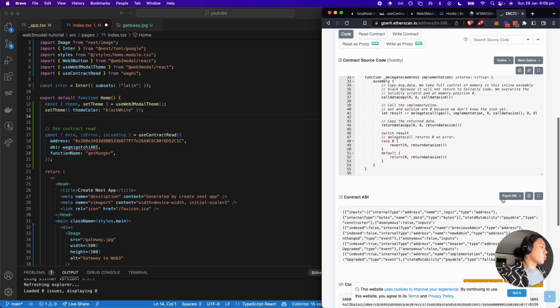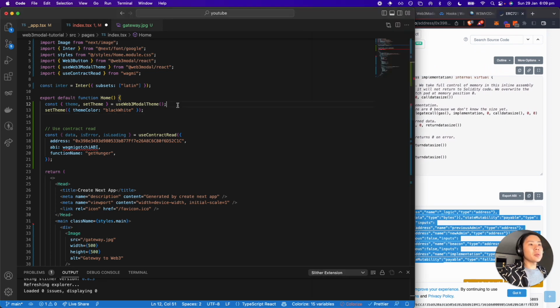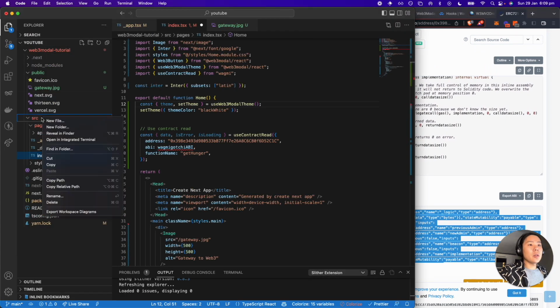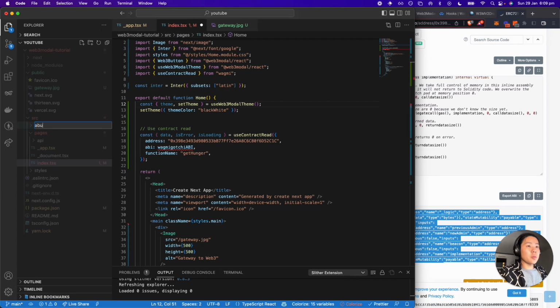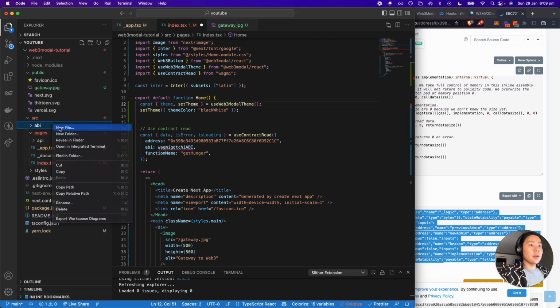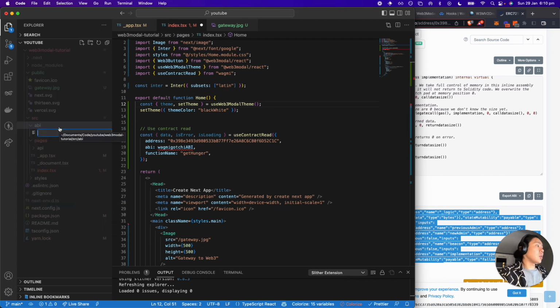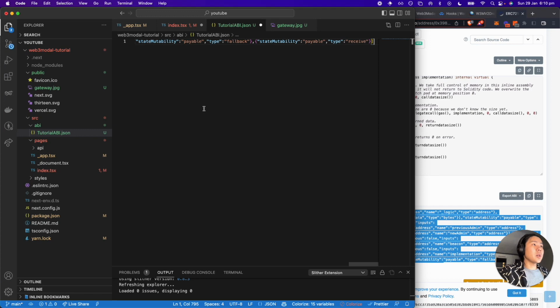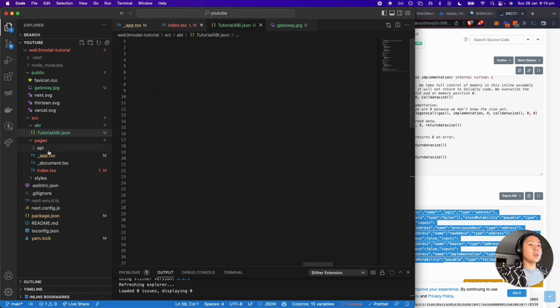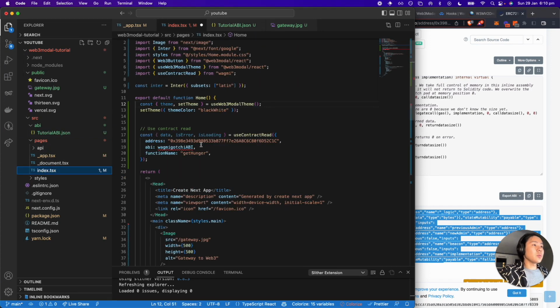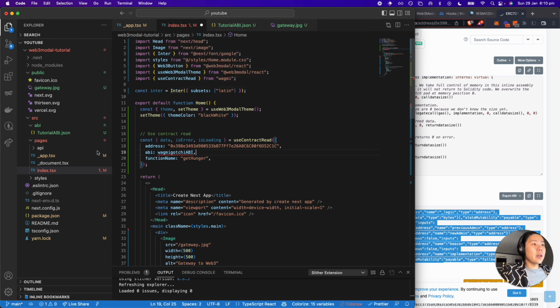There's nothing you need to worry too much about. So I'm just going to copy this to a clipboard, and within source, I'm going to call this ABI, and then a new file called tutorialABI.json. Paste, format,